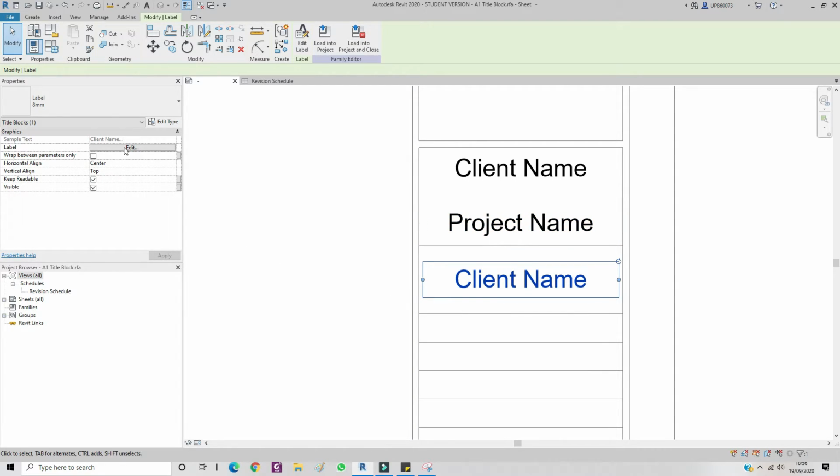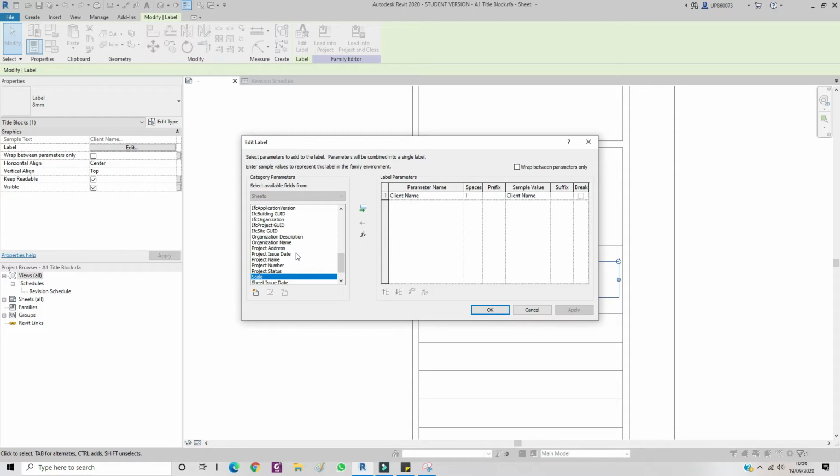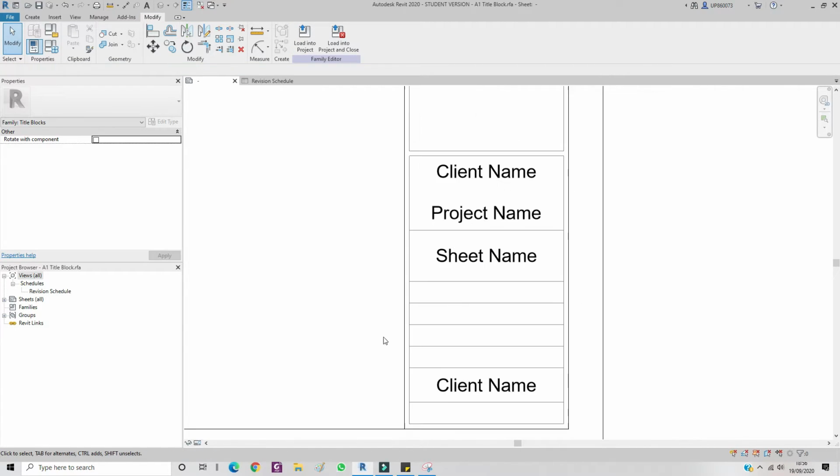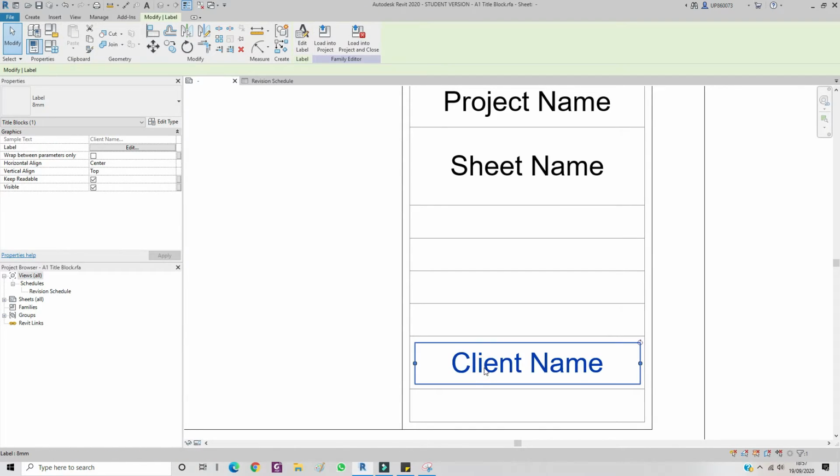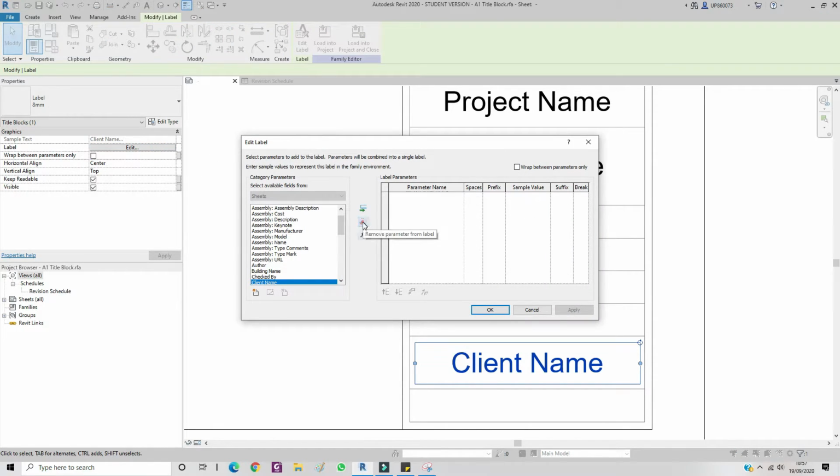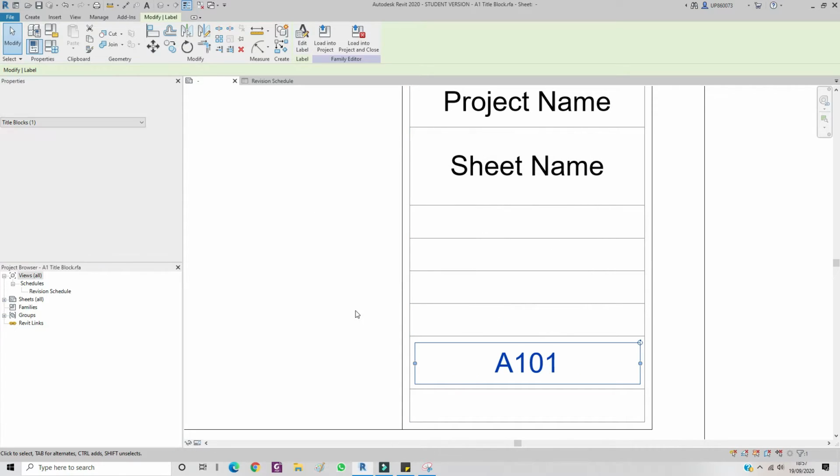This one I'm going to change to, I'm going to delete this one first and sheet name. Okay. And finally this one I'm going to change to sheet number. I find the sheet number parameter, select it, I can leave it as it is, click OK, press